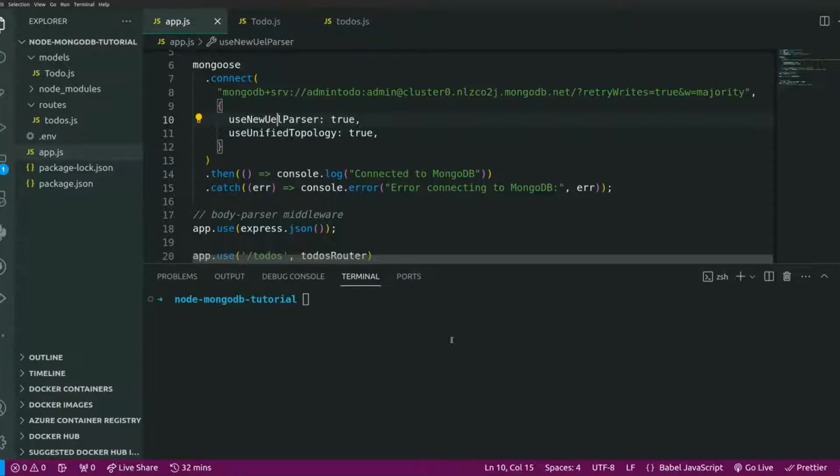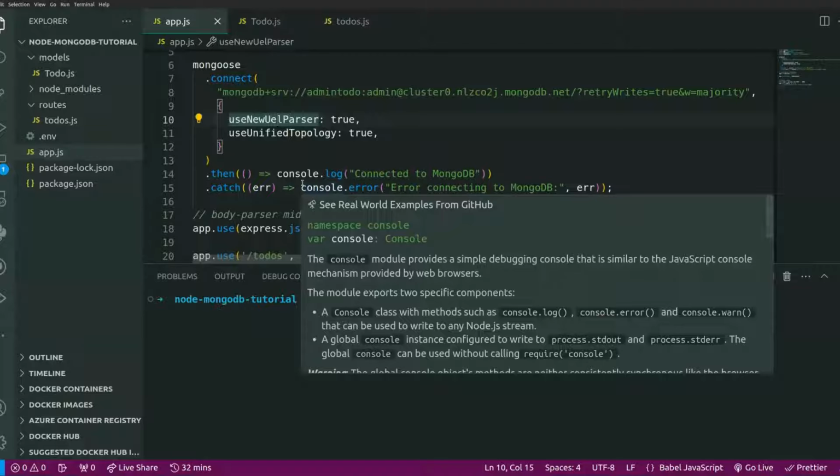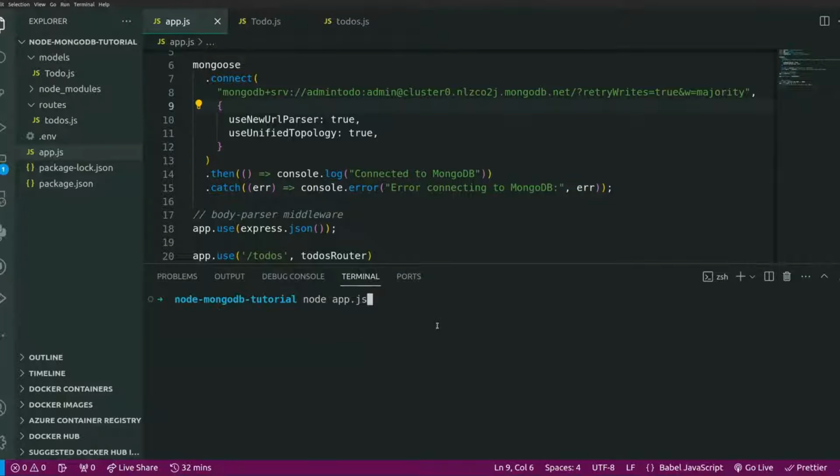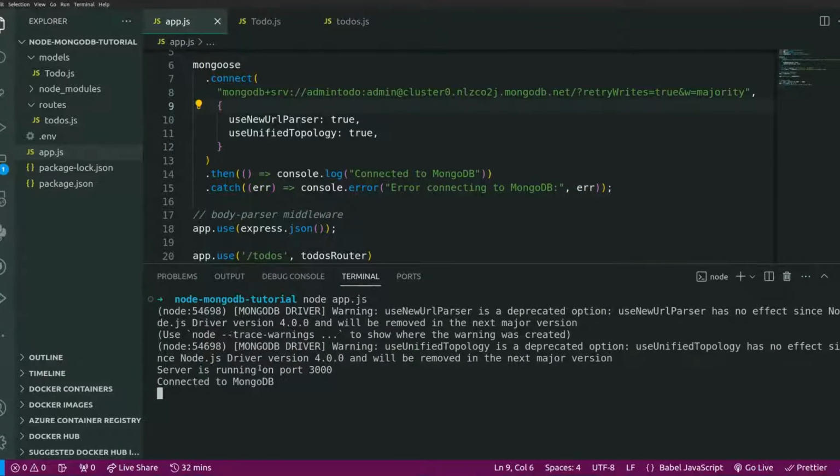Okay, so I've figured out what the problem was. It's actually not with the connection string or everything else. When I was writing, it's supposed to be use new URL parser. Instead of R, I used an E. So it's supposed to be URL parser. Once we save that and run our code again, I see the code runs and again connected to